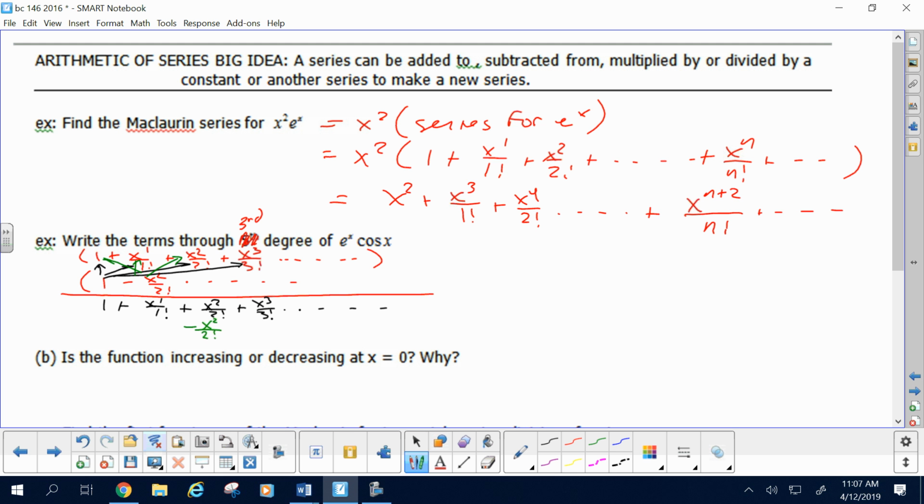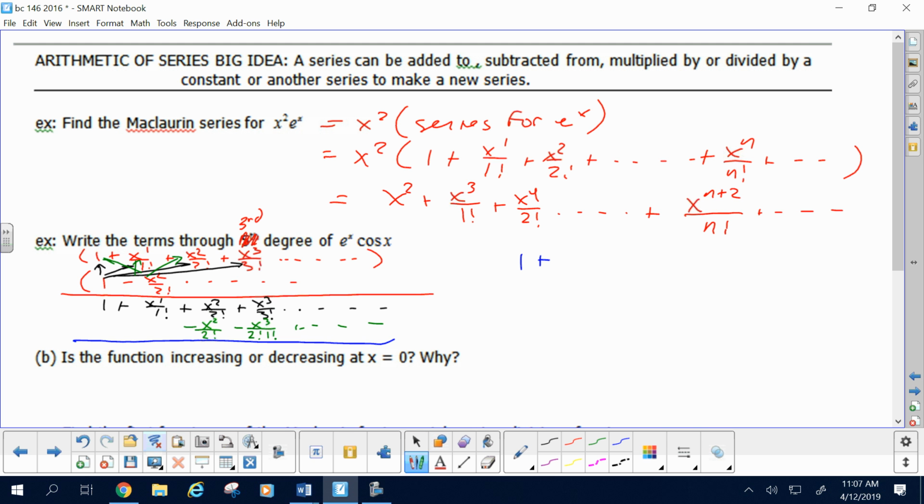When I then multiply negative x squared over 2 factorial times x to the first over 1 factorial, that's negative x cubed over 2 factorial 1 factorial. And I would continue to get more terms, but those would be bigger powers than I need for the final answer that they requested. If I then add,